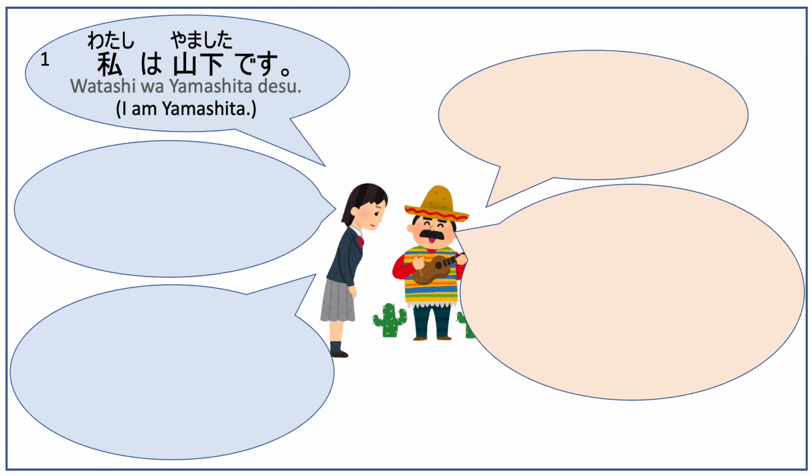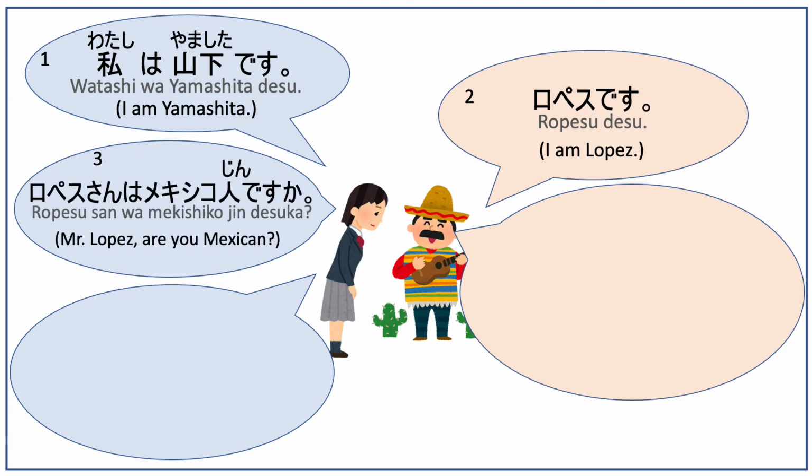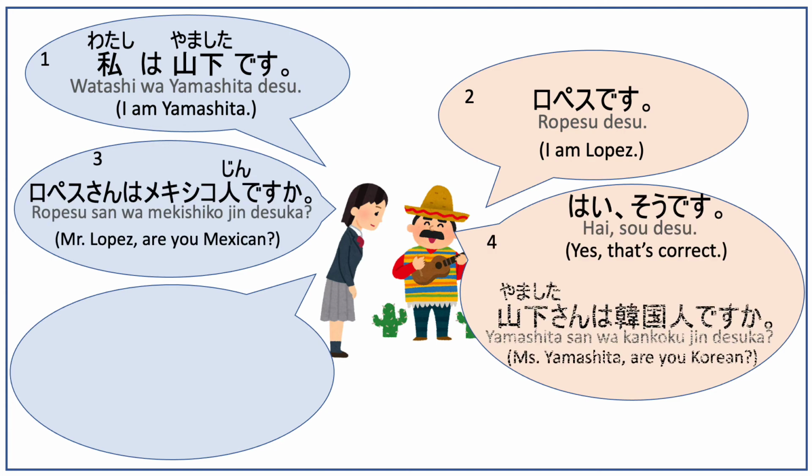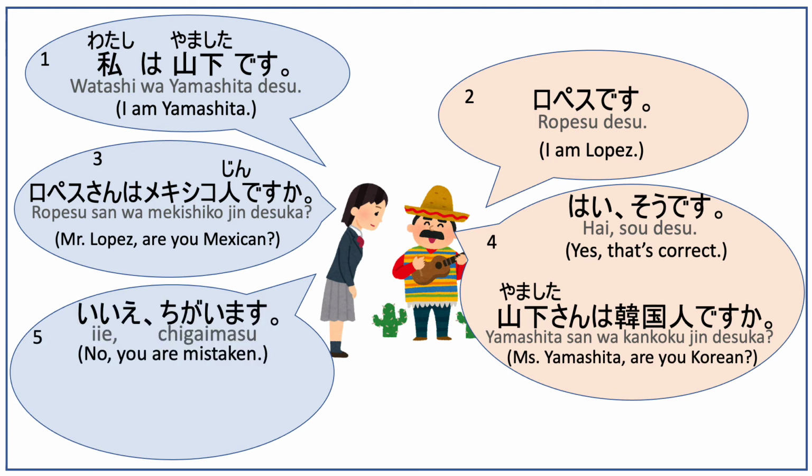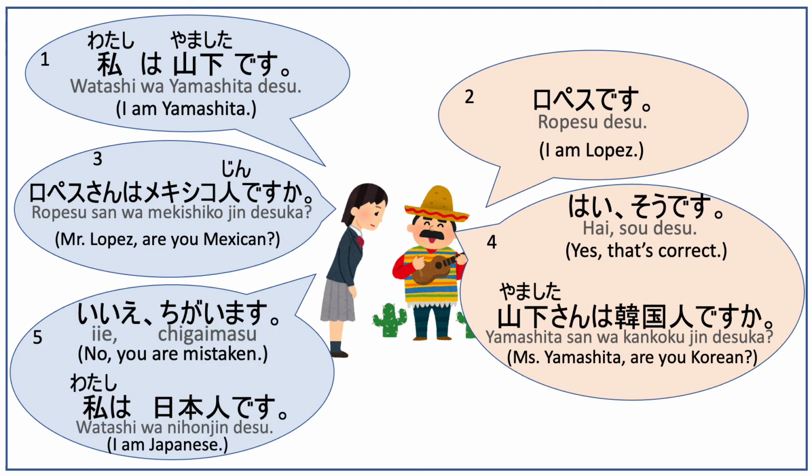私は山下です。ロペスです。ロペスさんはメキシコ人ですか？はい、そうです。山下さんは韓国人ですか？いいえ、違います。私は日本人です。